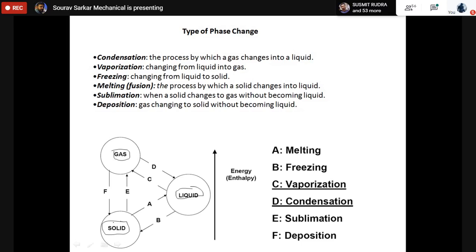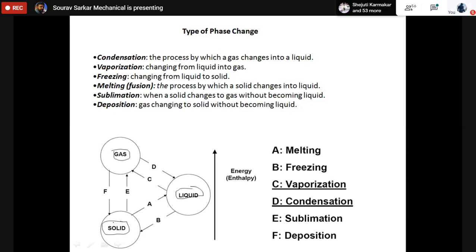Now, can you give me an example of the sublimation process? Sublimation of camphor or naphthalene. Yeah, naphthalene, perfect. So basically, if you consider the naphthalene,